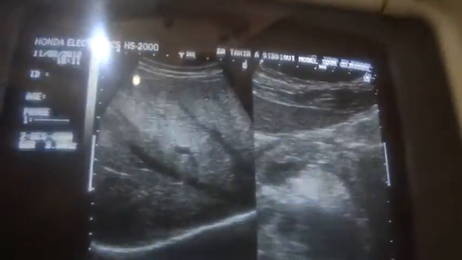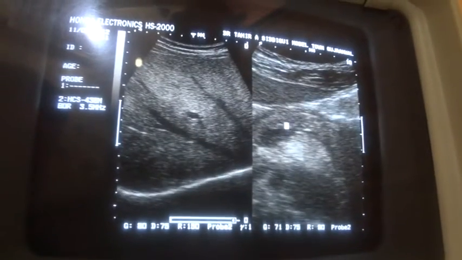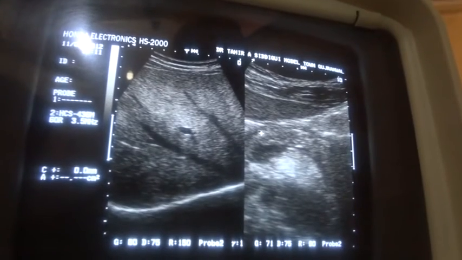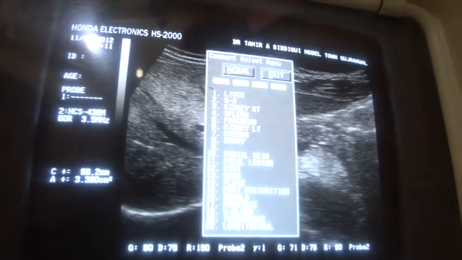Compare these two. This is the pancreas in transverse section, the body of the pancreas, and this